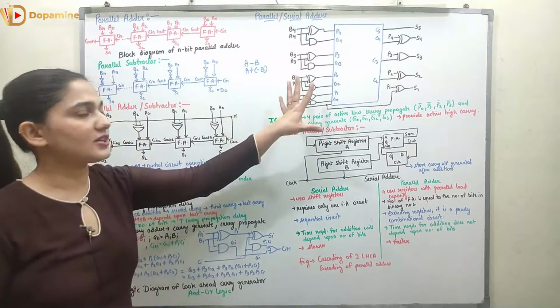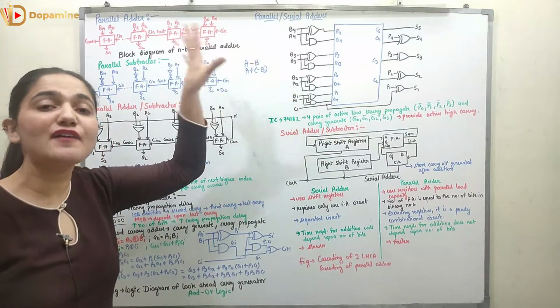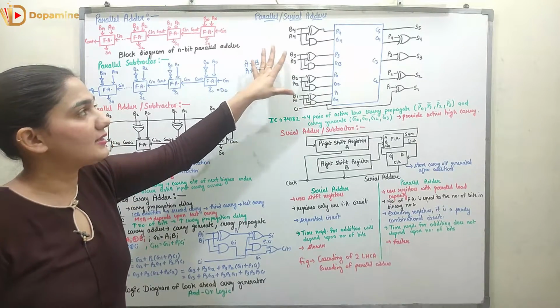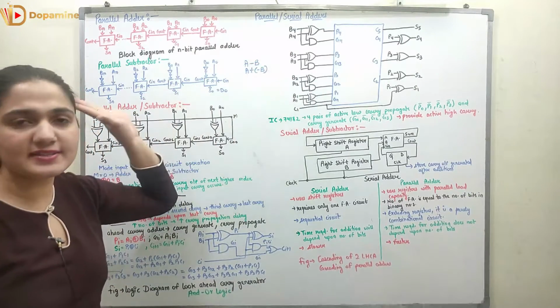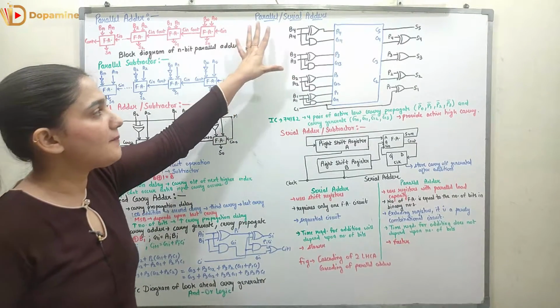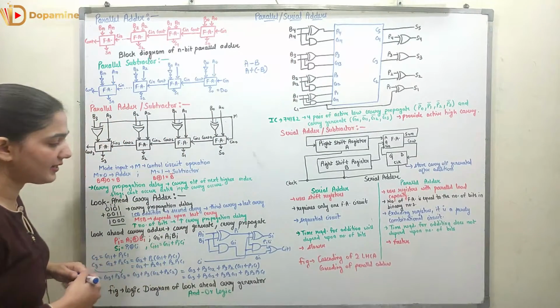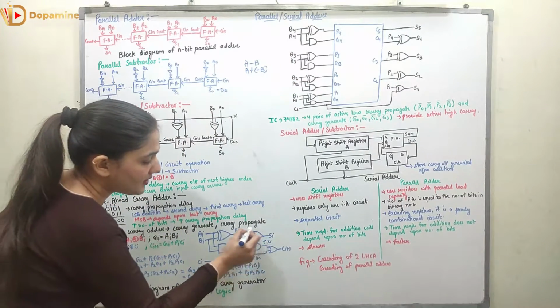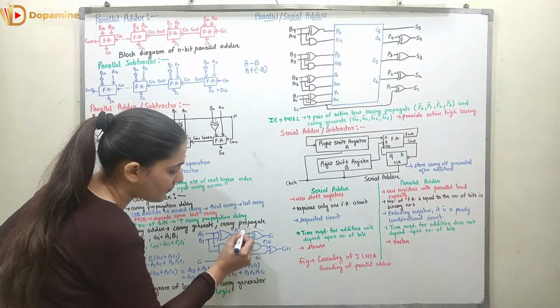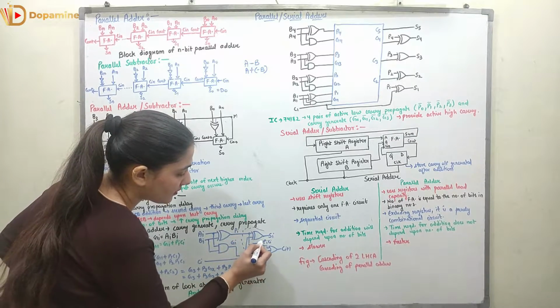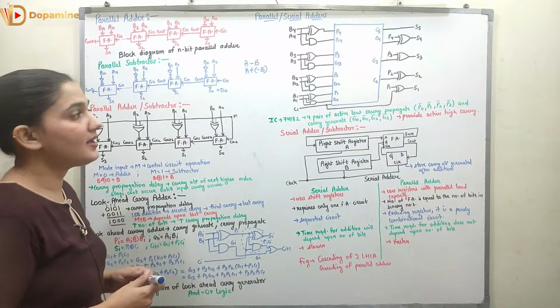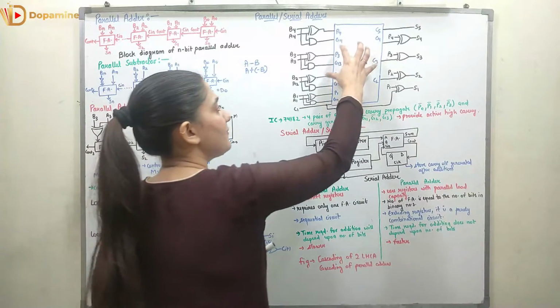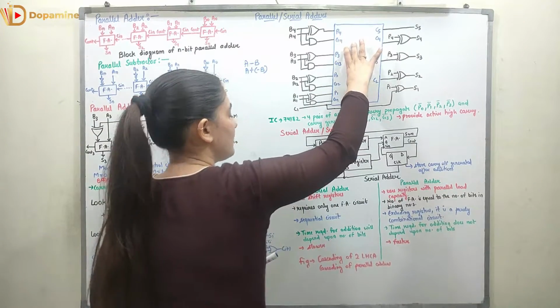Now coming to this structure, here what I have done, I have used an adder to make the look ahead carry adder. I was having a simple adder. What I did, I made it with the look ahead carry adder. So you can see over here, this is the half adder. If I observe this, right, this is a half adder, right? So this half adder will be substituted with the help of this.